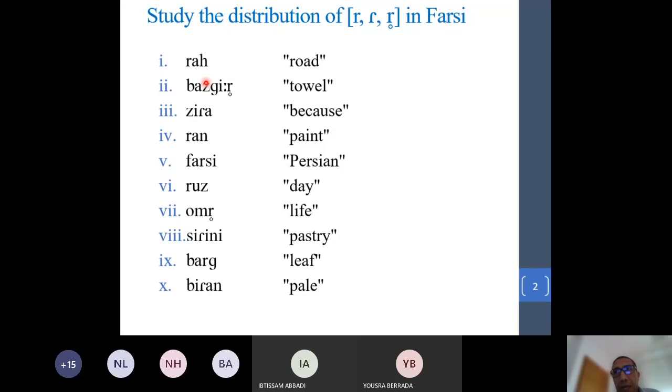By looking at the immediate adjacent environment, the adjacent sound, what is the identity of each sound segment? Is it a consonant? Is it a vowel? What type of vowel? Is it at the end? Is it at the beginning? So you need to look at the immediate environment. I'll show you the next slide where I use this method of